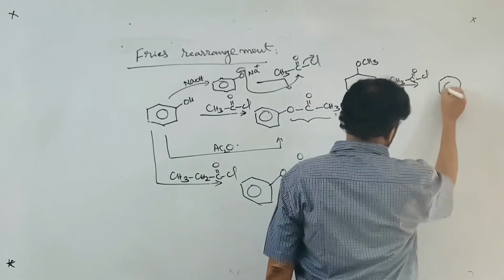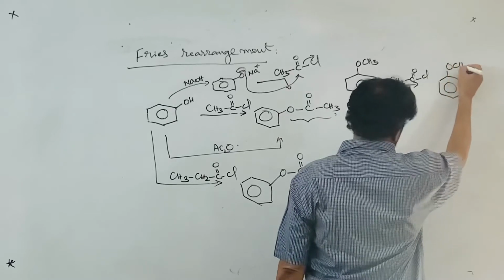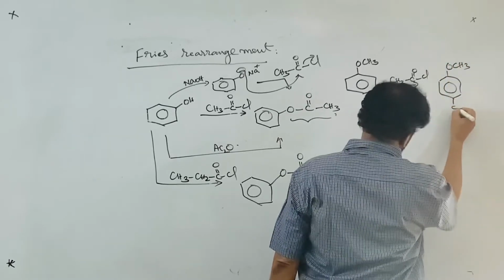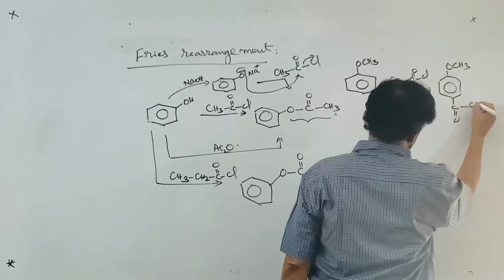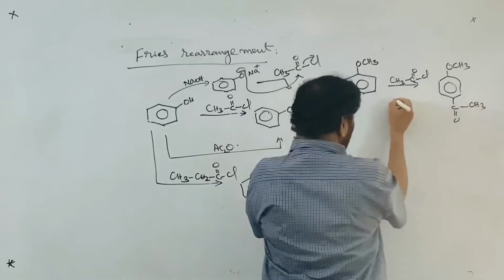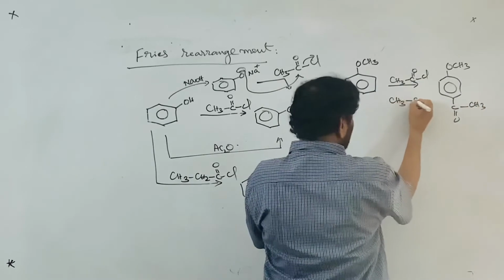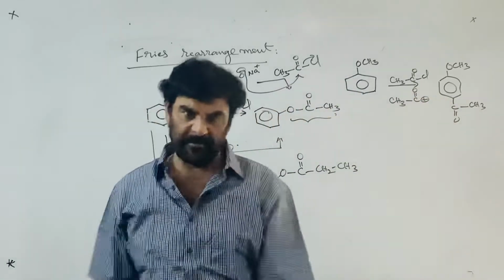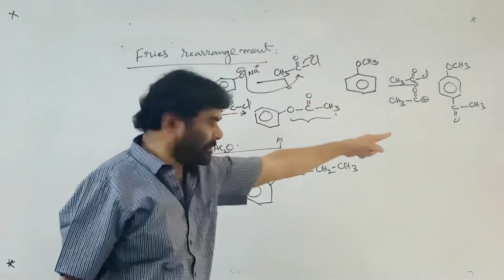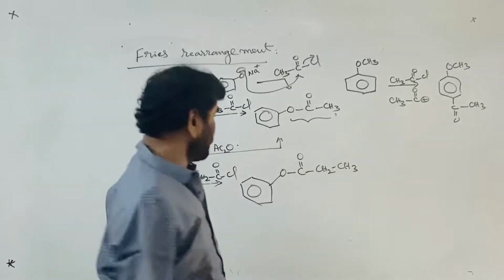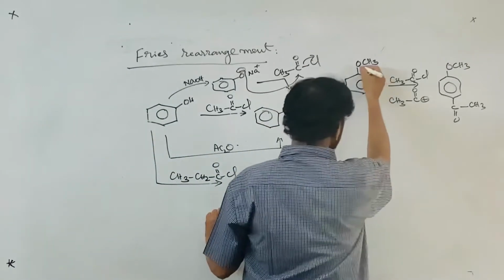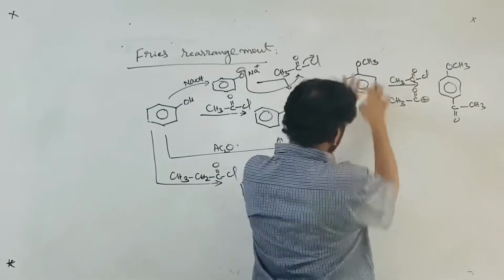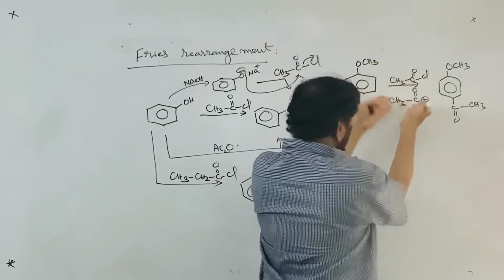Acetyl chloride, you get the OCH3. Let me take it: the electrophilic substitution is taking place on this. Here the attacking electrophile is the acetyl carbocation, which is formed. This is the case, right? But this is not interfering. It is pumping the electrons and it has no reaction with the acetyl group.